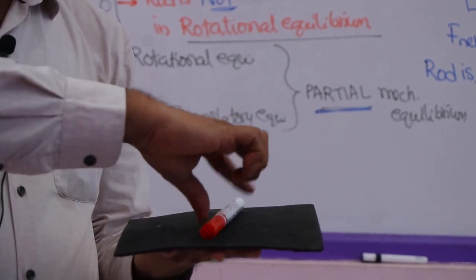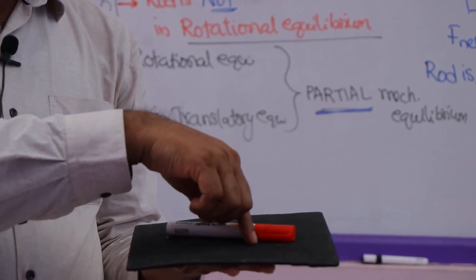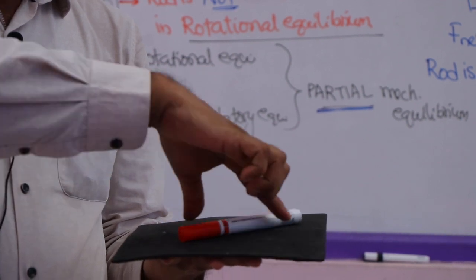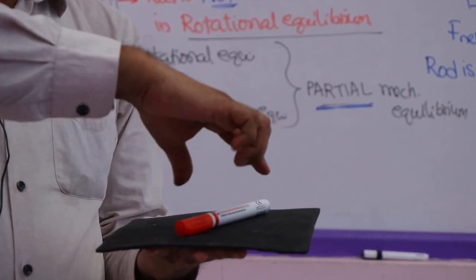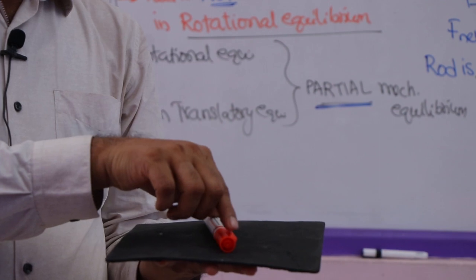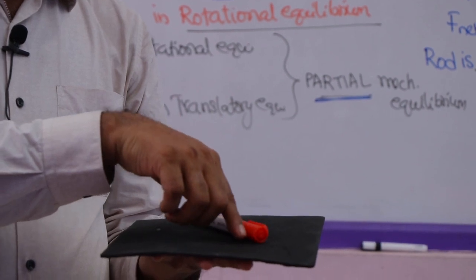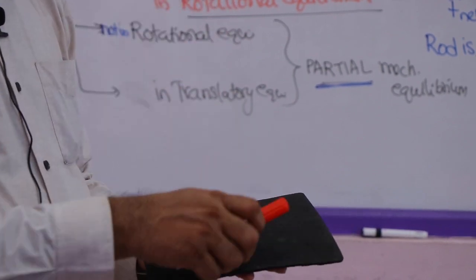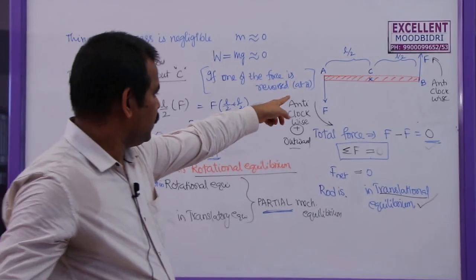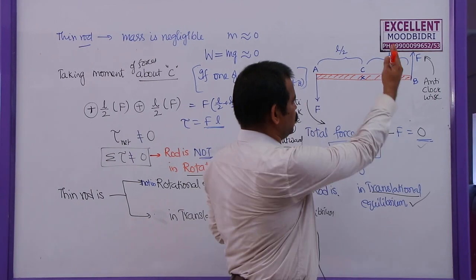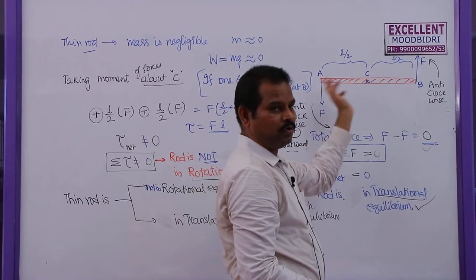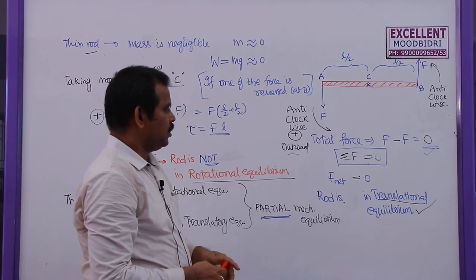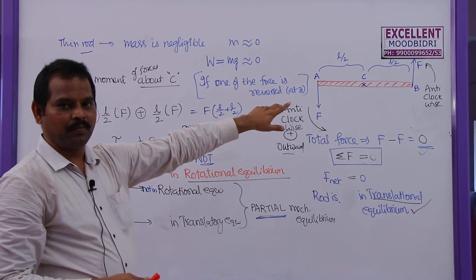But when I am applying this force, these are the two equal, opposite, parallel, non-collinear forces. So I am applying two forces which are equal in magnitude, but acting in opposite direction, parallel to each other and not acting along the same line. So this is a couple. So here also, in this example, you can see two equal, opposite, parallel, non-collinear forces constitute a couple. So this is how we can use the concept of couple to rotate a body.